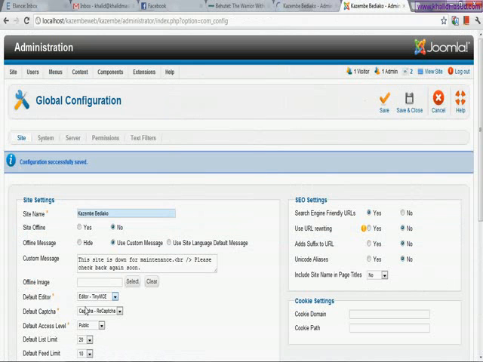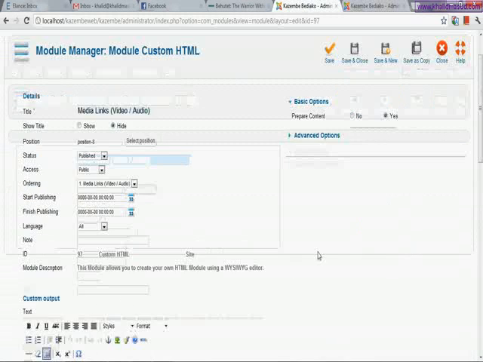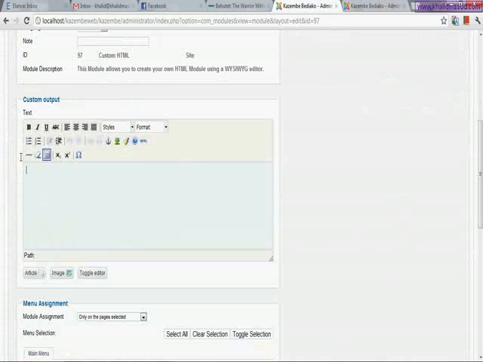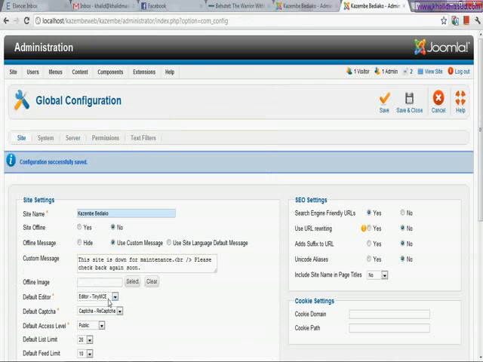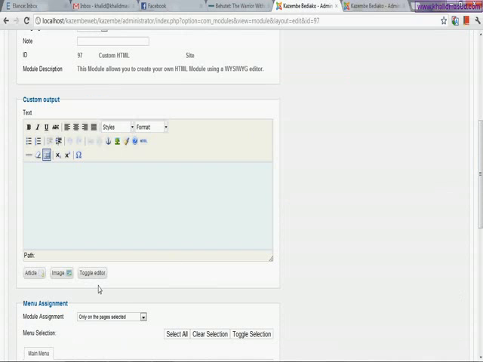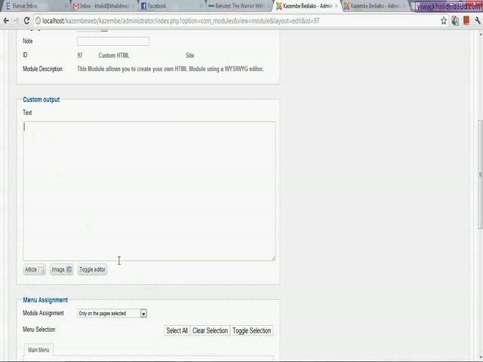I have selected the TinyMCE editor, and you can see that this editor has been unable to show the code because it was unable to read what special code was written there. If I select the code mirror editor or toggle the editor button, you see that it is still unable to read what that code was.